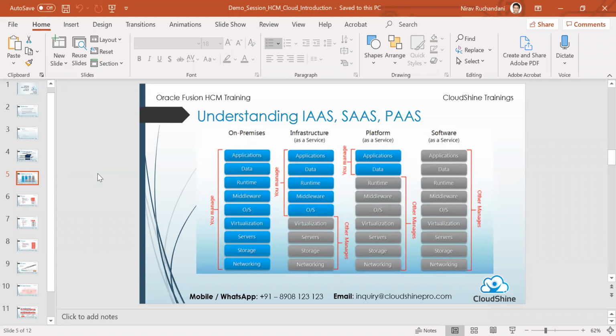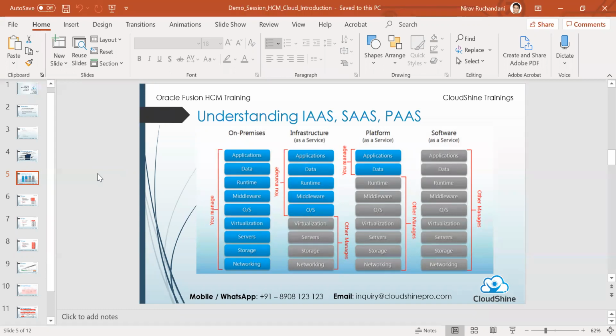And Oracle also comes up with their own on-prem versions as well. So you will have different types of cloud methodology, a public cloud versus a private cloud, etc. But on-prem essentially means that all of this is managed internally by the client.